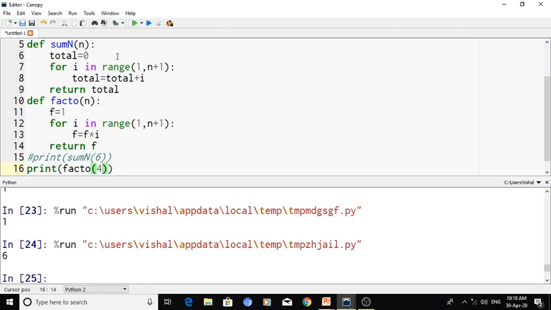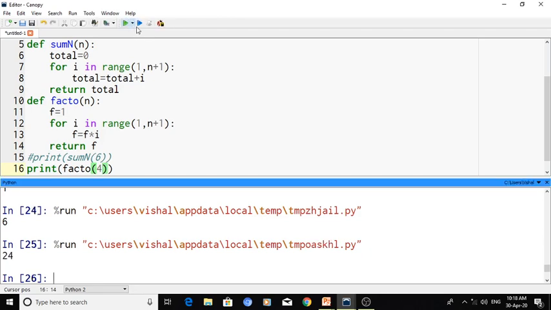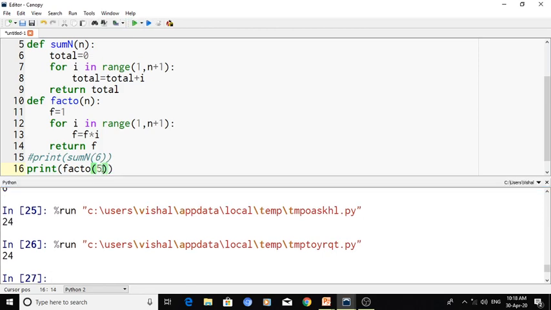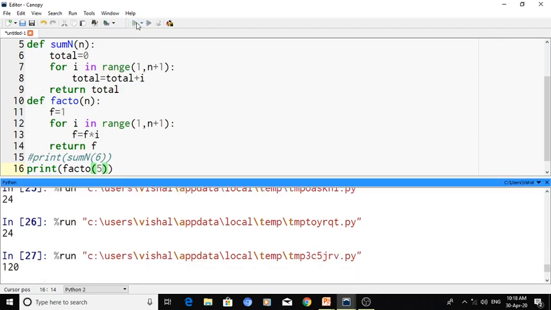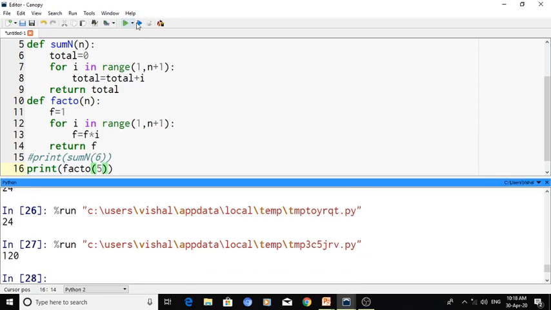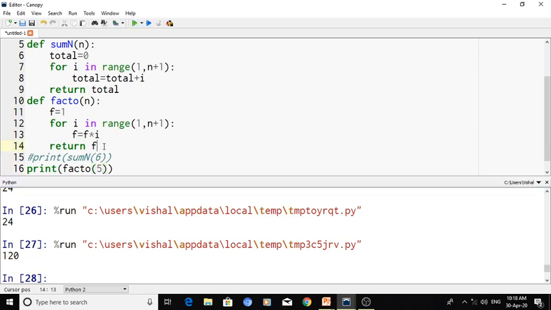If I write 4, 24. If I write 5, 120. So this is our program for the factorial.